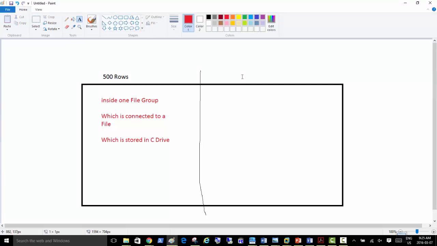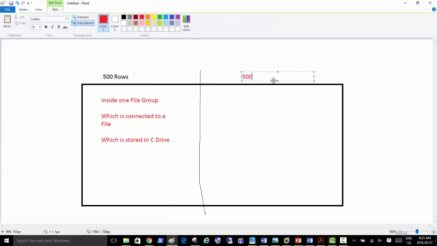Now the second partition of the same table, the rest of the 500 rows, are inside the second file group, which is connected to the second file, which is stored inside drive E. So we just noticed that it's one table, the same table, but when we partition it, we can put it in separate drives, right?